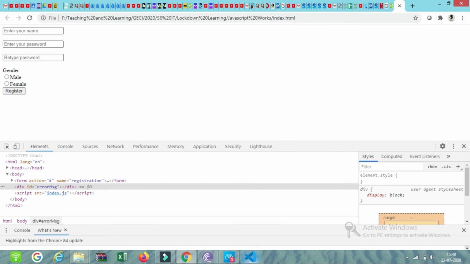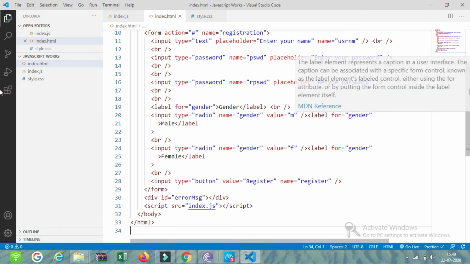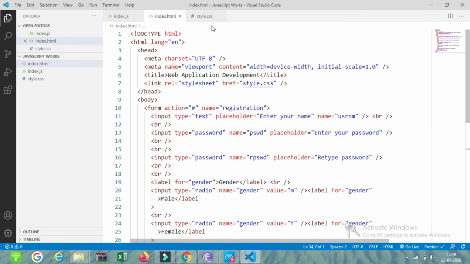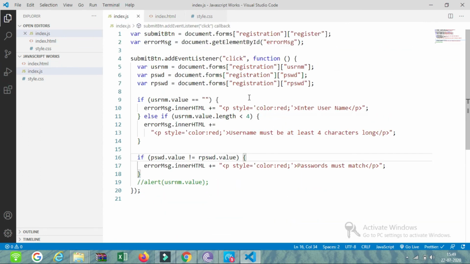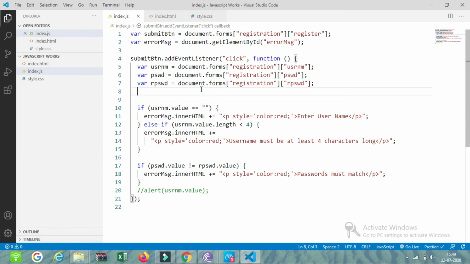For that purpose, I will first access the radio buttons. I will first access var radio btns, document dot forms of, and within that I can type registration, and within the square brackets I will type the name of the radio button. The name of the radio button is gender.